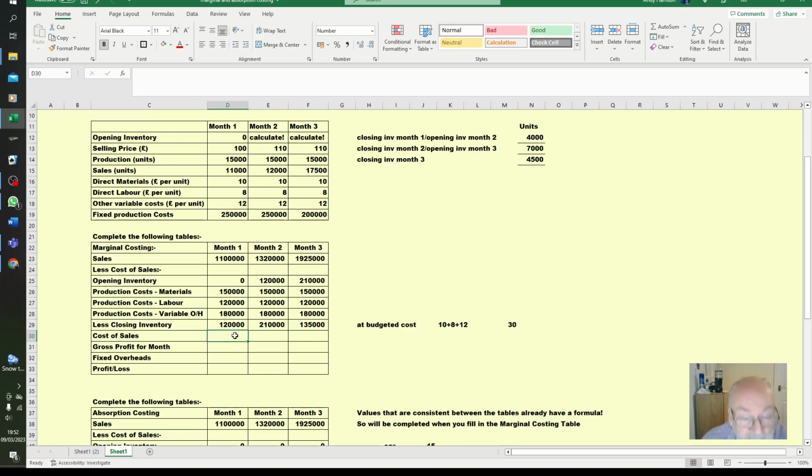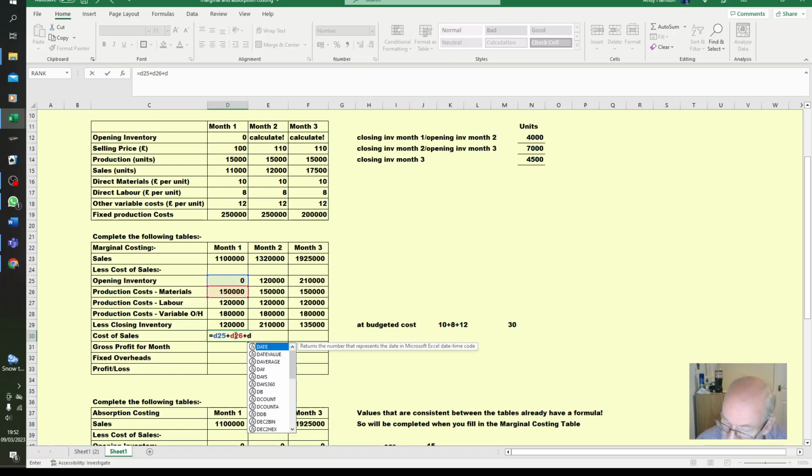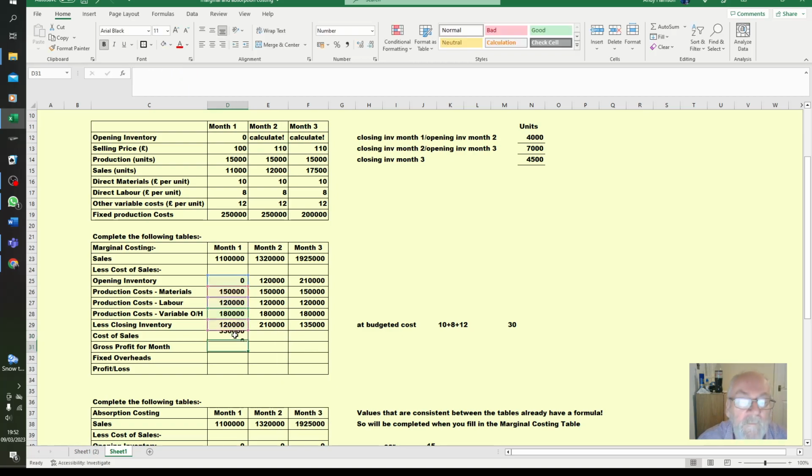So our cost of sales is opening inventory plus materials, plus labour, plus a variable, minus closing inventory. There we are, cost of sales 330,000. If we go across, you'll see the cost of goods sold, cost of sales changing accordingly as we go through the months. And our gross profit